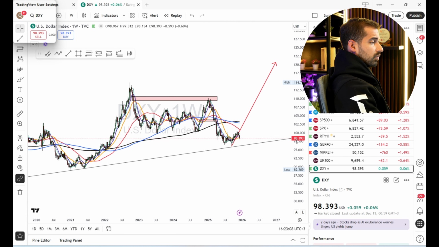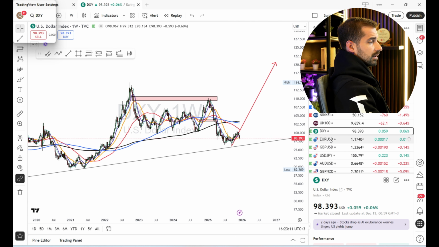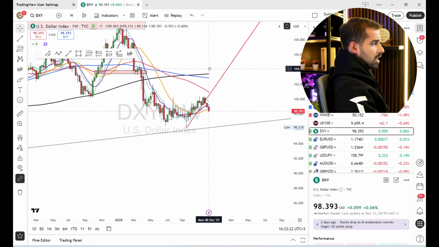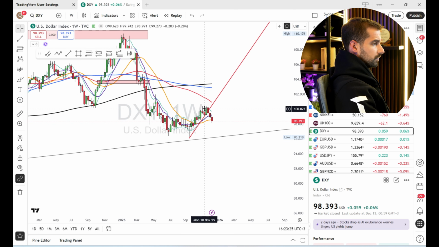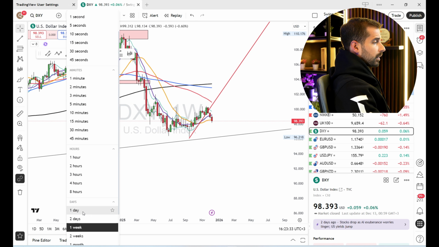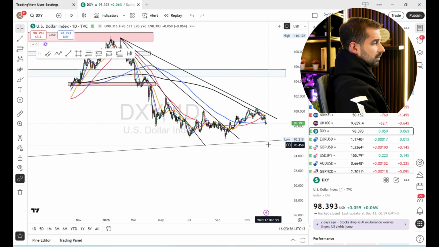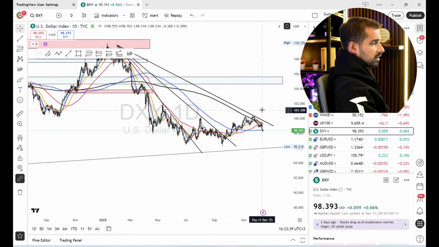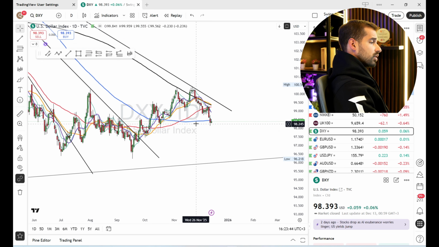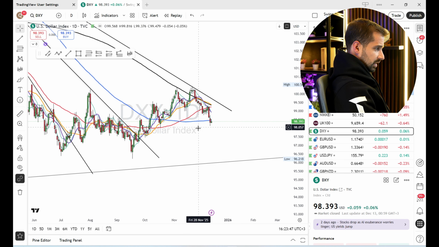Okay, so we start with, as always, we start with the DXY, which is the dollar index. Let's see the weekly. What did the weekly do? Okay, so the weekly closed very bearish. Like the candles are trending down, closing below last week's low. Also the daily, like it hit this line and it got rejected. So the daily closed below the 126-day moving average, which is a bearish sign,